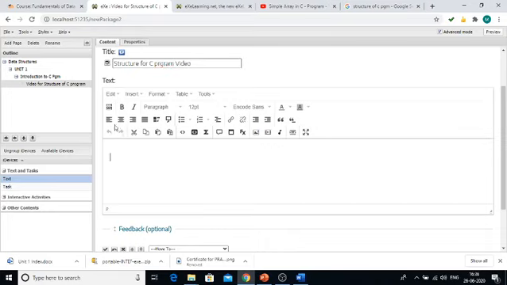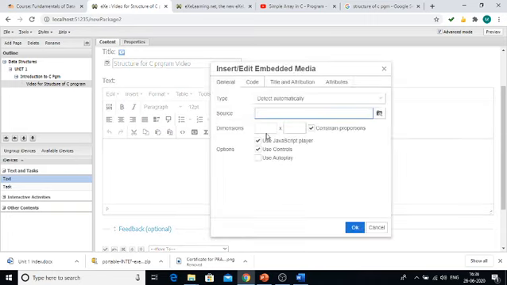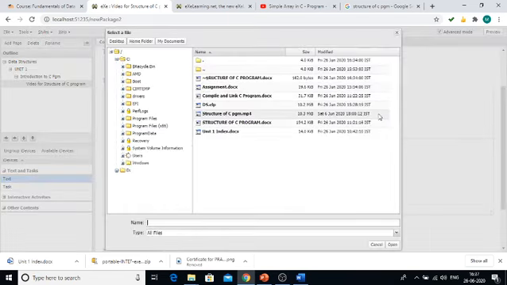Then there are a lot of options available. I want to insert or embed a video media. I want to insert or edit embedded media. There is an option available, you can see here. Click on that option. Now locate your video present in your system.